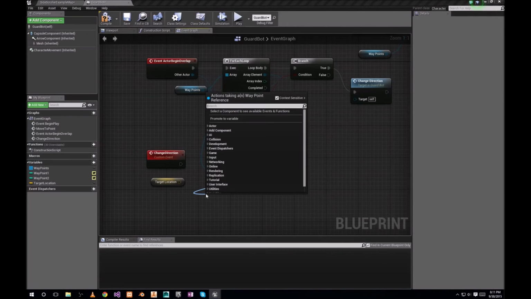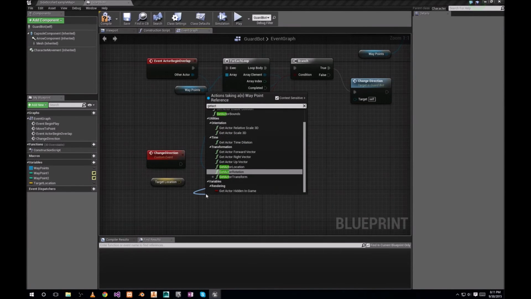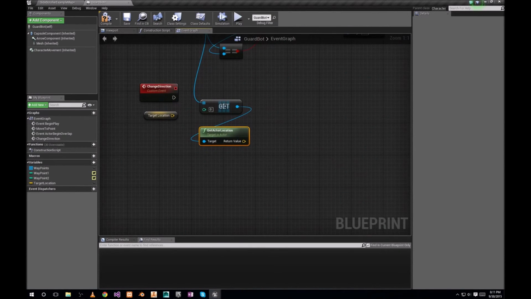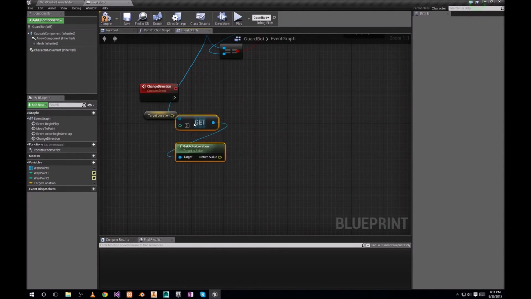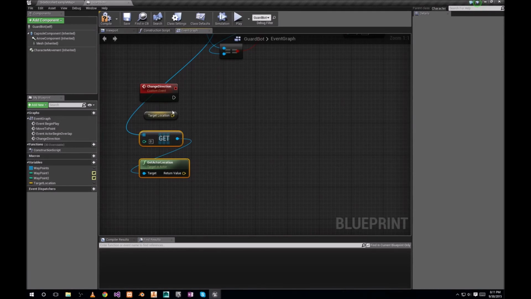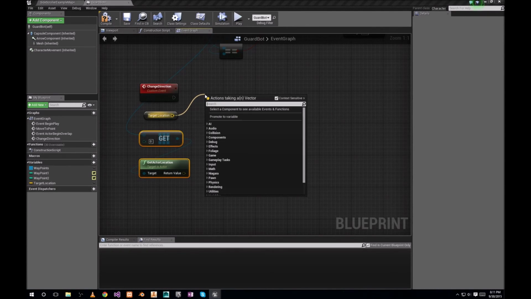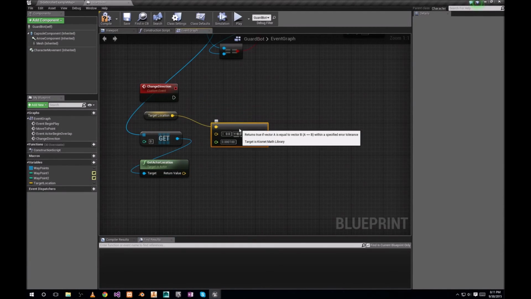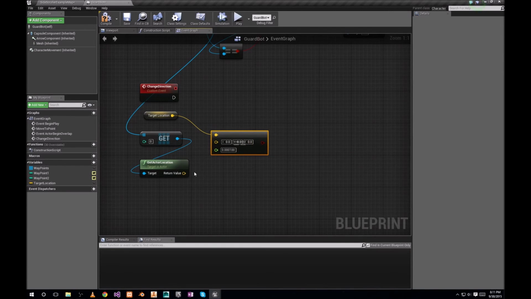I'm gonna get actor location, and we're gonna compare equal. We're gonna compare that with this, tolerance is fine,